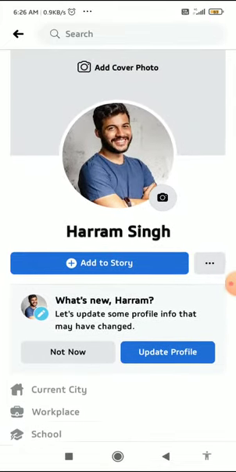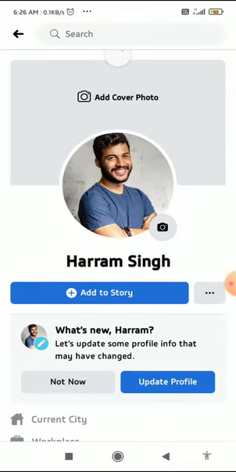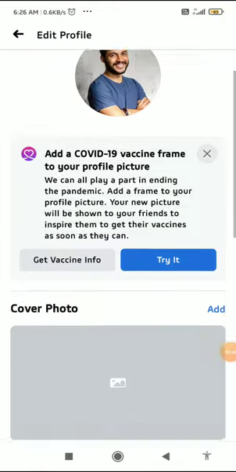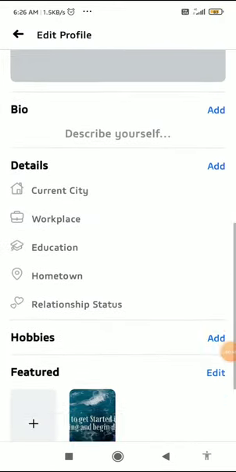But if you want to delete your featured photos, then what you have to do is click on the three dots right beside the add to story. When you click on the three dots, you come to this page and you have to click on edit profile at the top of the page. When you click on edit profile, you come to this page, and here in the featured tab,